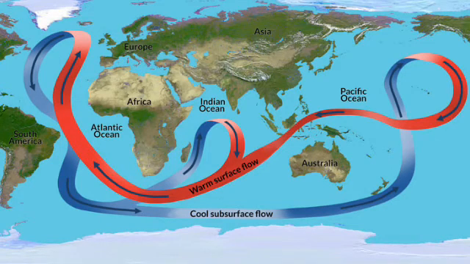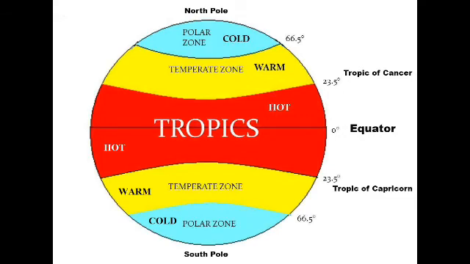I hope you remember the names of the regions: between the tropics, between the Arctic Circle and Tropic of Cancer, between the Antarctic Circle and Tropic of Capricorn, and above the Arctic and below the Antarctic. I will once again tell you the names. The zone between the Tropic of Cancer and Tropic of Capricorn has the highest amount of heat. This area is called the tropical region, also known as the torrid zone.